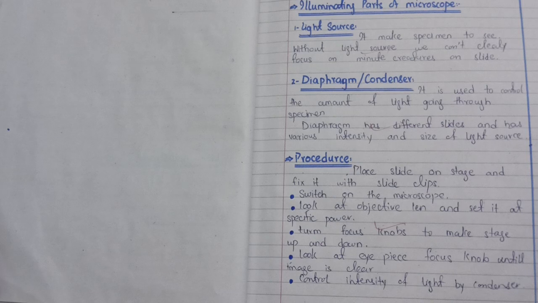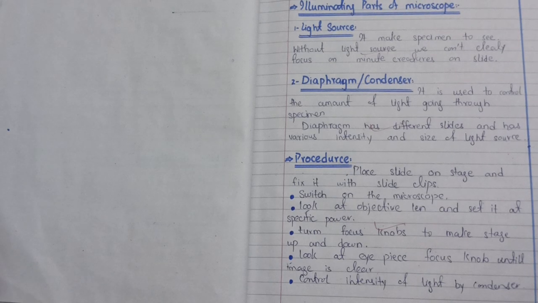10x रखेंगे। फिर 10x से अगर आपको स्पेसिमेन क्लियर नहीं होगा तब आप 40x ऑब्जेक्टिव लेंस को सेट करेंगे। जब आपको 40x पे भी स्पेसिमेन सही तरह से नज़र नहीं आया है तब आप 100x पर जाएंगे। सो हमेशा इस तरह से करते हैं। कुछ बच्चियाँ होती हैं वो स्टार्ट में ही 100x से स्टार्ट कर देती हैं, ऐसा नहीं करना है, आपने 10x से स्टार्ट करना है।